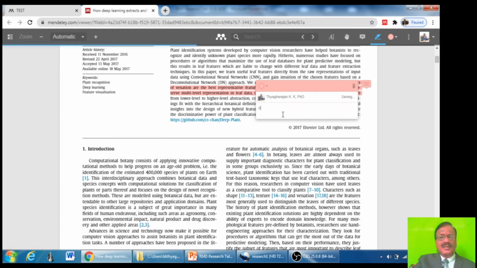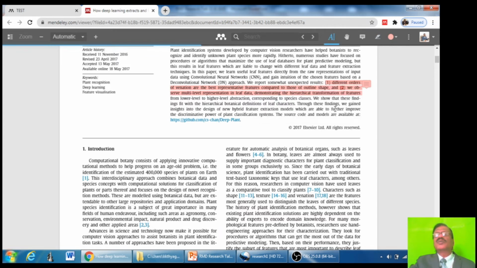That is, you can note down the comments. You can give your comments. Comments by me, and you can come out from that.